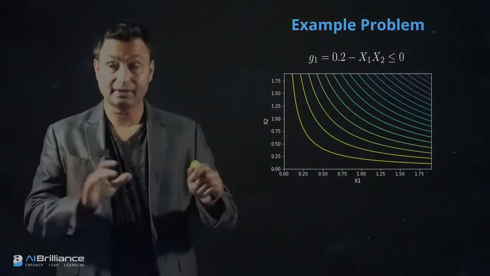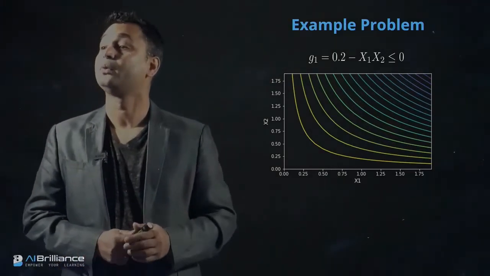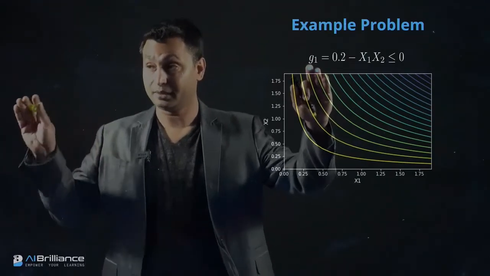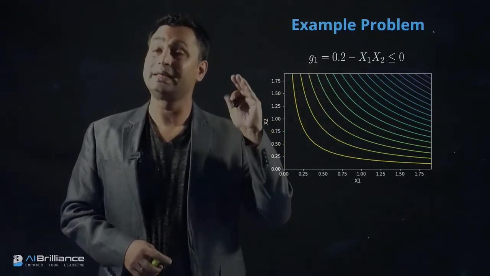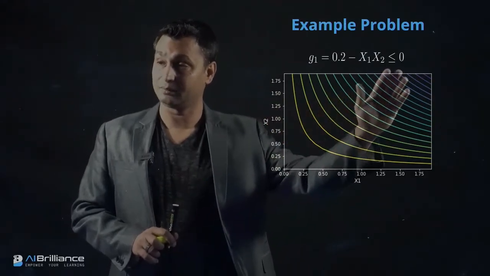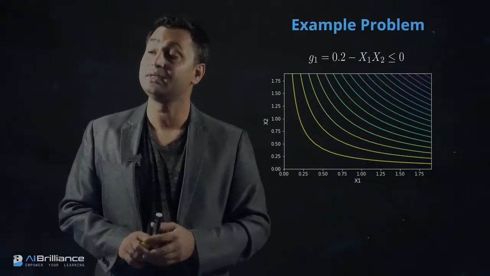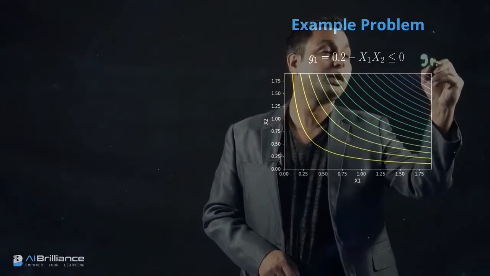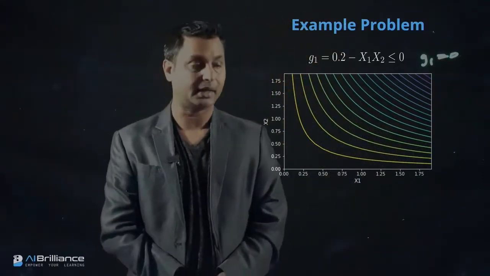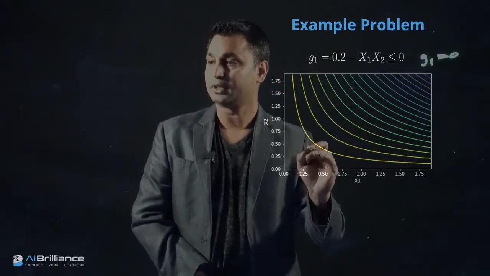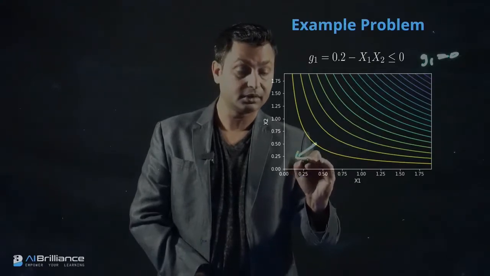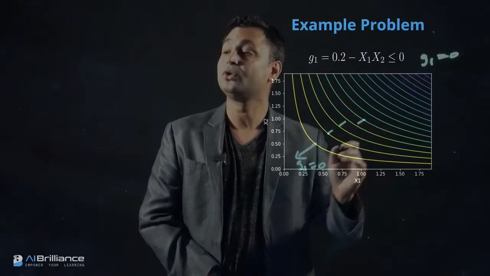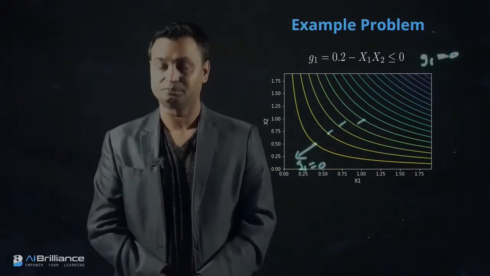First thing I want to comment on is that in this slide we have a contour plot for g1. But the caveat is that for g1, an inequality constraint, we do not need multiple different contours. We are essentially interested in where the boundary is, the case where g1 is equal to 0, and we only want to plot that. There are multiple different contours, and it turns out that in this plot, this is where g1 is equal to 0, whereas for all the other contours, the g1 value is not equal to 0.